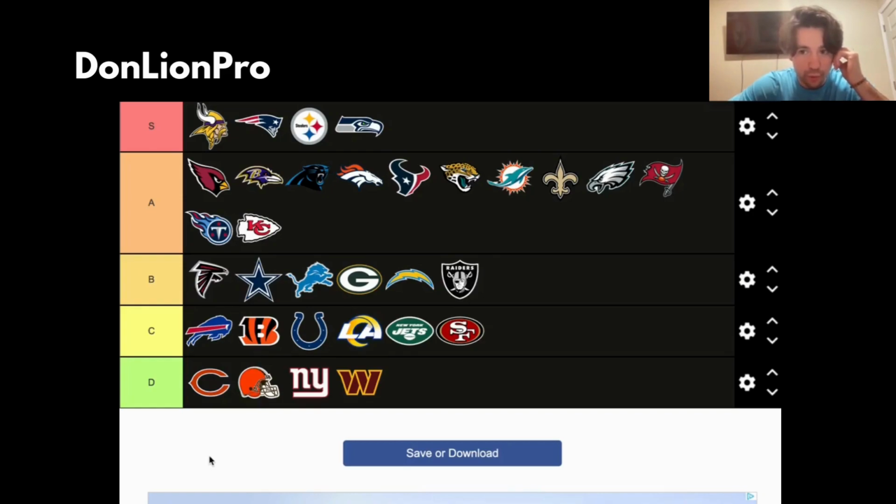Between which logo would be the best, if there was a tier above S, it'd probably be the Patriots and the Steelers. But, yep, that's the breakdown of